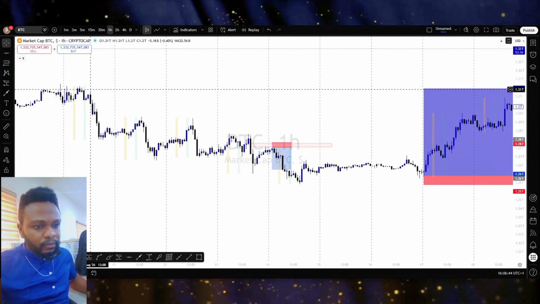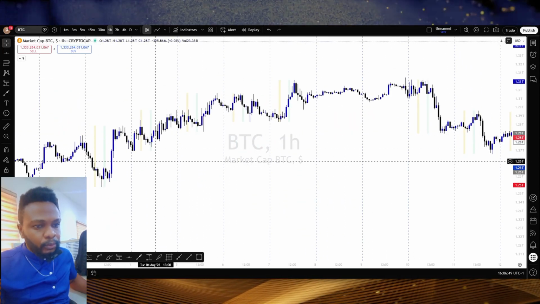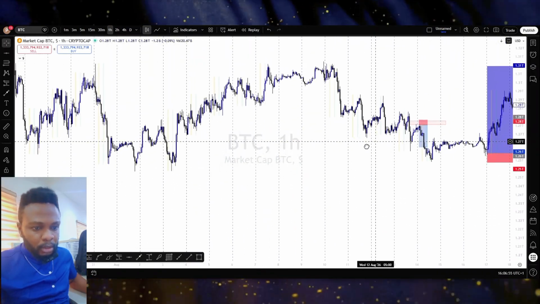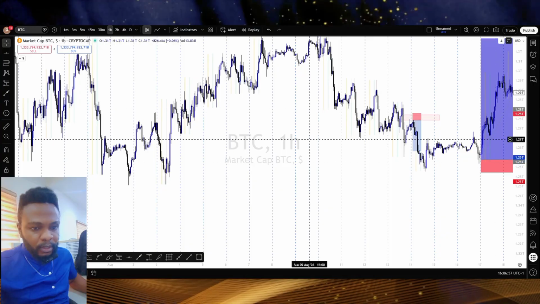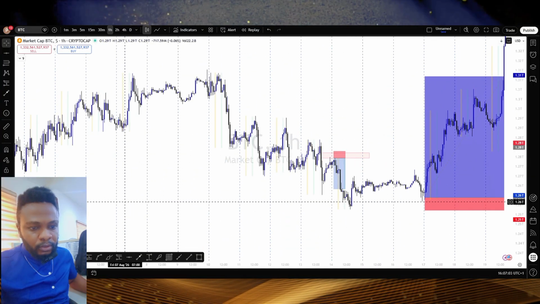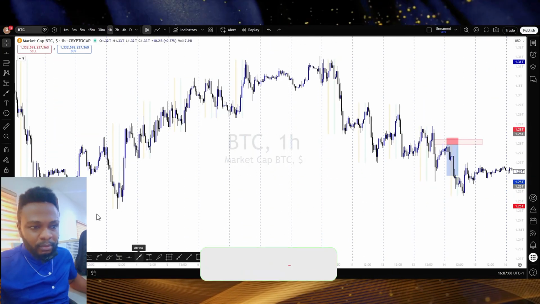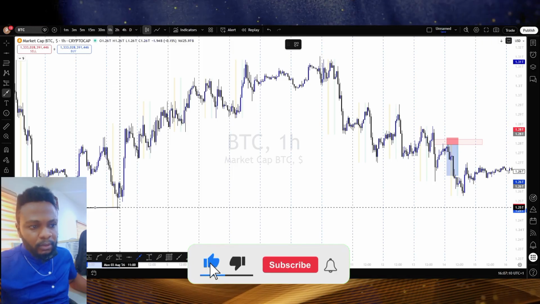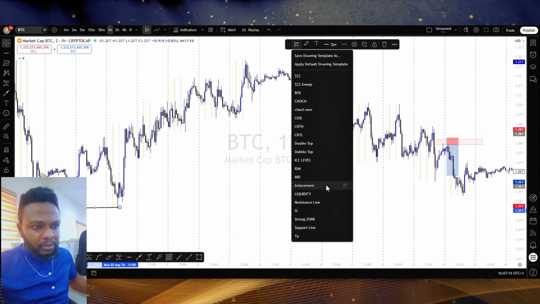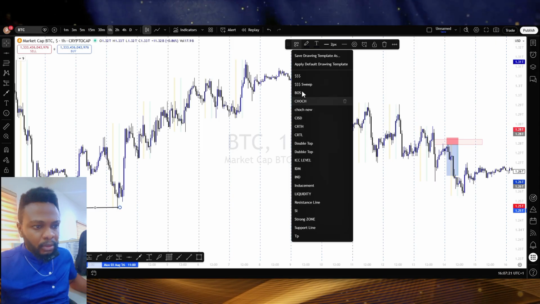Alright, so keeping it pretty much clean, this was where I found myself, and then I was looking at what price was doing at this point, and I was able to spot what was going on here. I saw that price just tapped into a POI from a higher time frame, and first off I have a double bottom as you can see right here. So we're having price ranging from this double bottom, and we're watching to see what price will do. Of course it printed our break of structure,